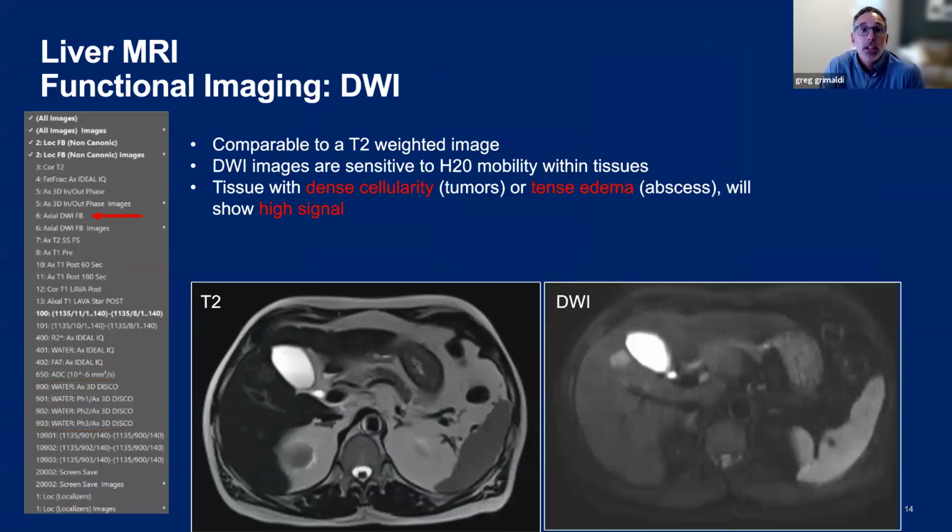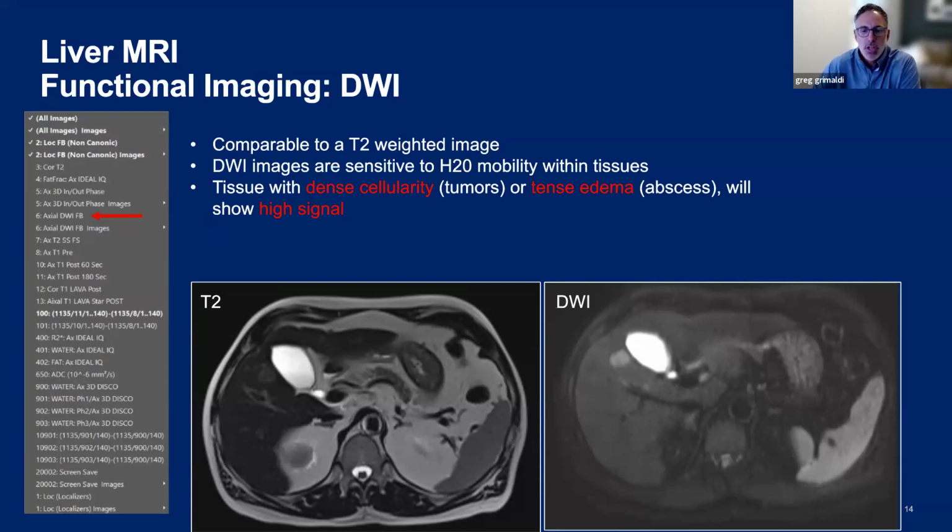Okay, now we're moving on to functional imaging, diffusion-weighted imaging. On the left, we have a T2 weighted image, which again is a fluid-sensitive sequence. We can see the bright fluid in the gallbladder, bile duct, and CSF. And on the right, we have a diffusion-weighted image, which is very similar and comparable to a T2 weighted image. But we have different degrees of diffusion weighting. Without going into the physics, I'll tell you that